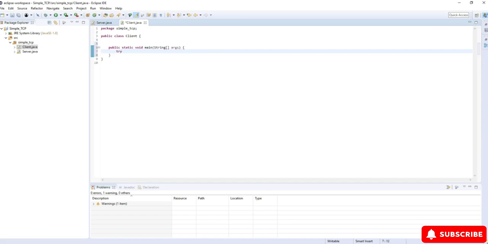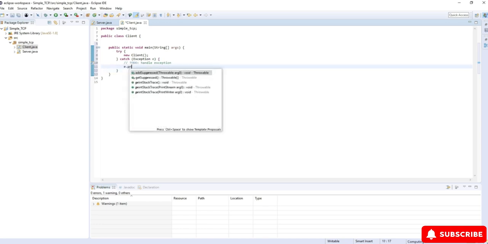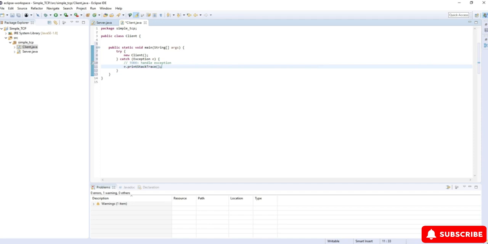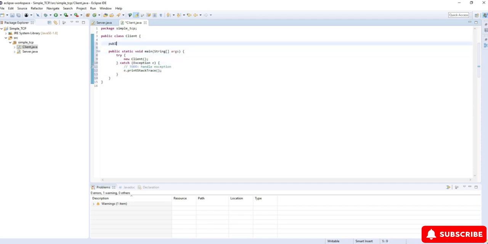And then I'm going to add the try catch block. I'm going to type in try and then press Control space and then enter. And then we're going to initiate new client in the try block, whoops. And then in the catch block, I'm going to say e.printStackTrace. We can create our client method now. It's going to be public client throws exception,